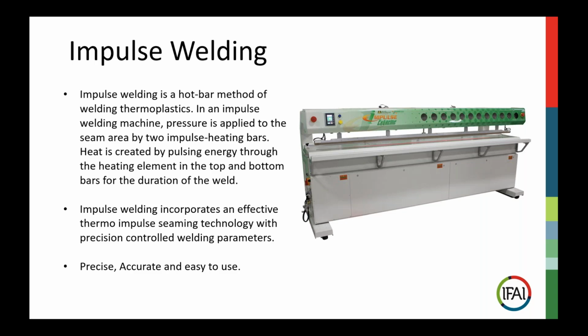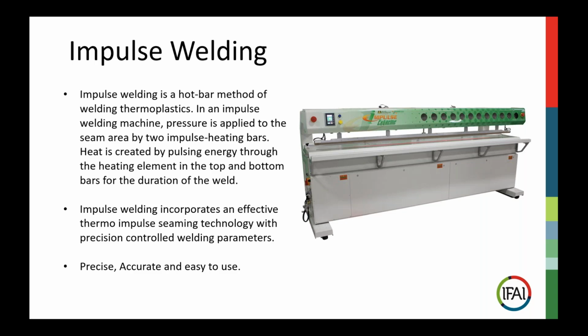Impulse welding, in simplistic terms, is a machine. It basically has 2 bars with 2 heating elements on the top bar and bottom bar. The heat is created by pulsing energy through the heating elements on the top and bottom of said bars. You control the duration of your welding cycle time with an HMI screen that you can see in the picture there. And with these machines, you can do welds as long as 20 plus feet,